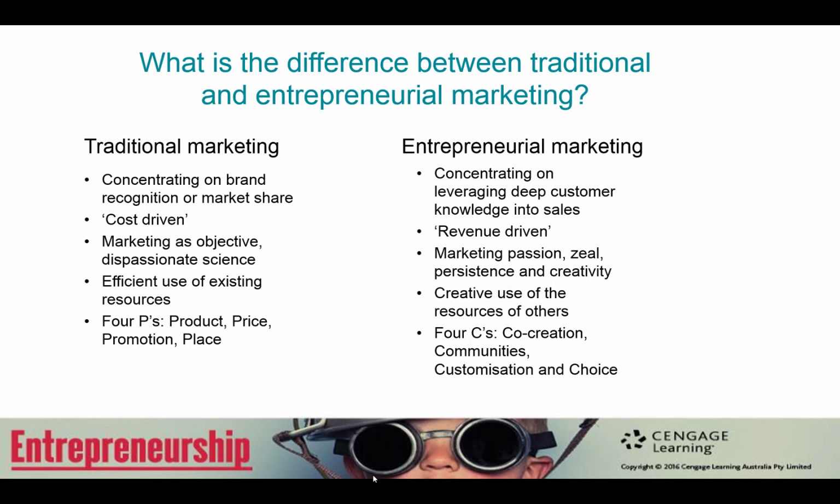And traditional marketing is very strongly anchored to what's called the 4 Ps: product, price, place, and promotion. These things are seen to drive the behaviour of people in markets and the way that we as marketers respond to the market. Entrepreneurial marketing, on the other hand, is much more concerned with what are called the 4 Cs. So the first of these is co-creation, how we work with the customer to create value, not creating value for the customer. It's very much thinking about communities and thinking about who our communities are, who are all the stakeholders invested in our organisation. And thinking about the process of customisation and choice: how do we adapt the product to the unique needs of each individual customer?